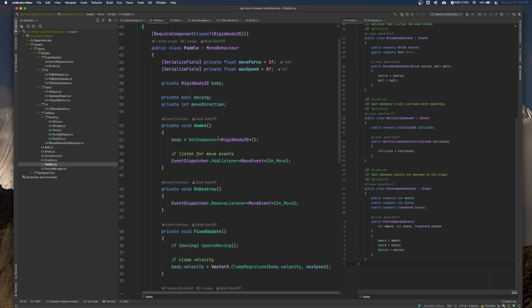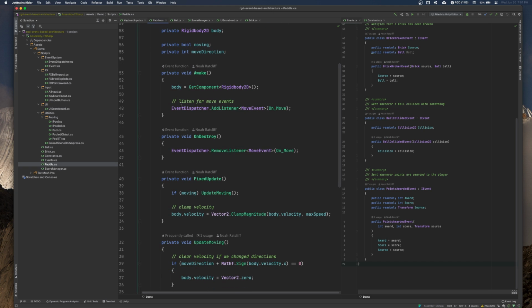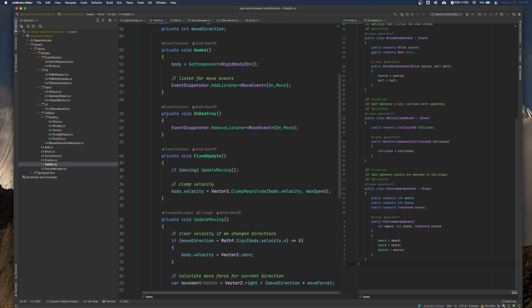We'll ignore most of the movement physics stuff, but the paddle listens for a move event and then stops listening for the move event when it's destroyed. This is a Unity specific function that basically says when either the scene is unloaded or the object is destroyed in the scene, this is called right before it disappears from the runtime.